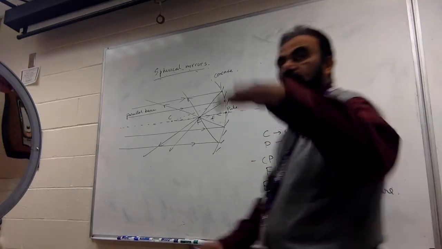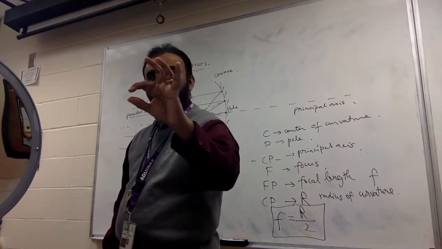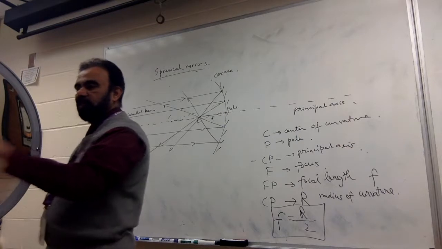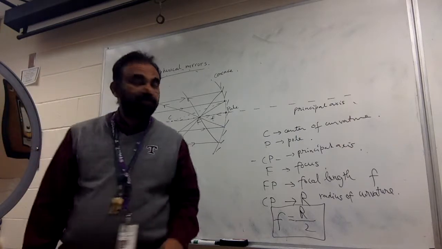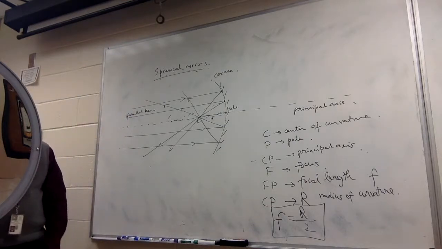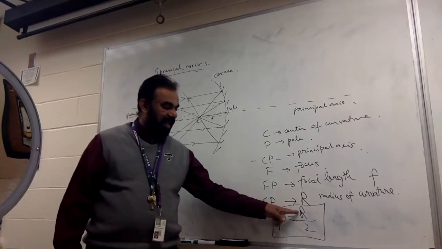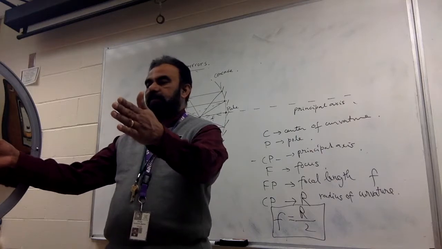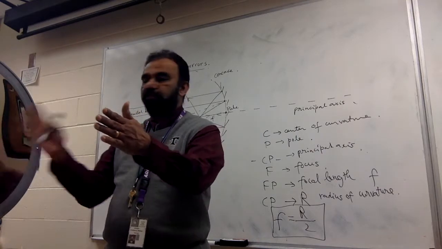We are not talking about a wide beam of light like this. We are talking about a narrow beam of light. If a narrow beam of light comes and hits, it comes to the focus. There's a focal point, and the focal length is half the radius of curvature. So if the radius of curvature of this one is like 60 centimeters, the focal length will be,